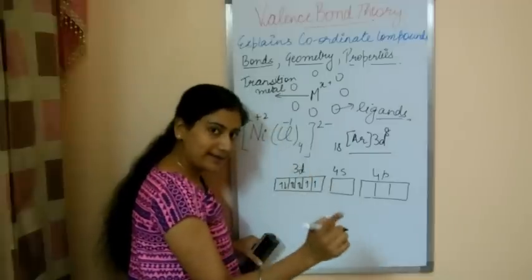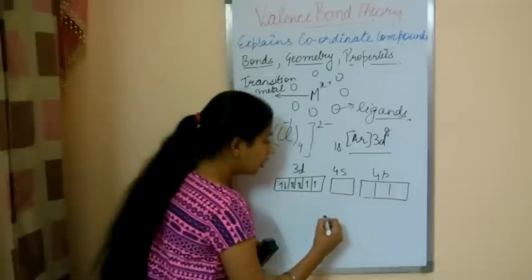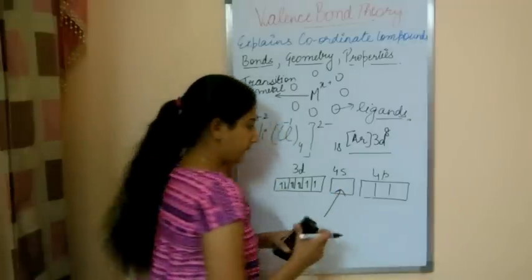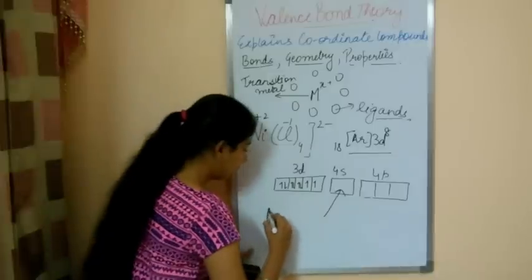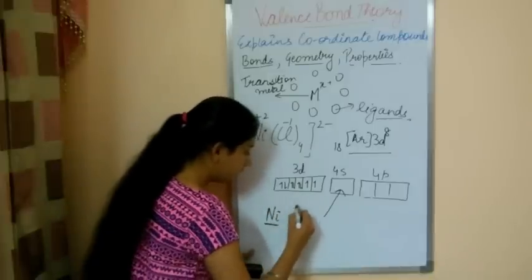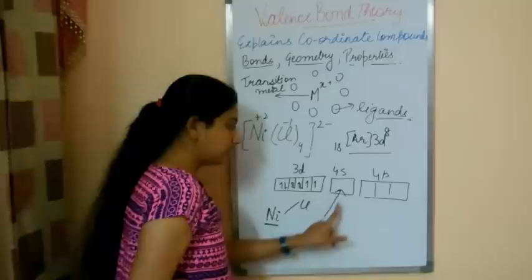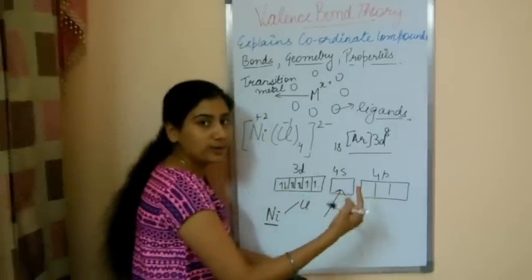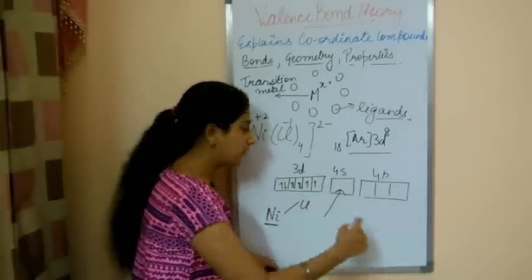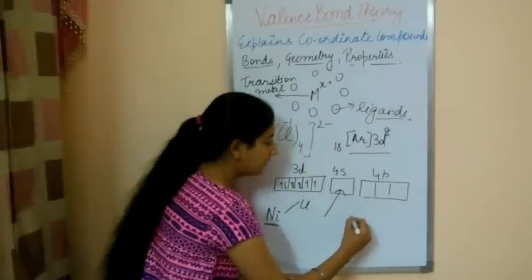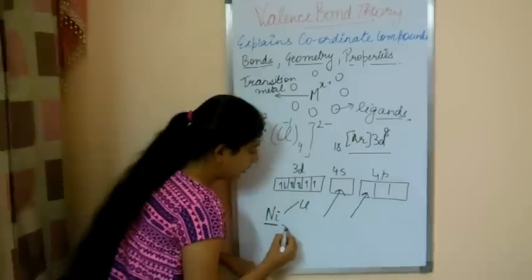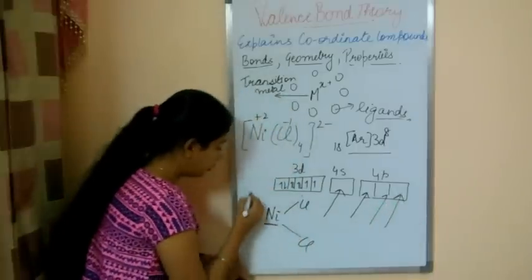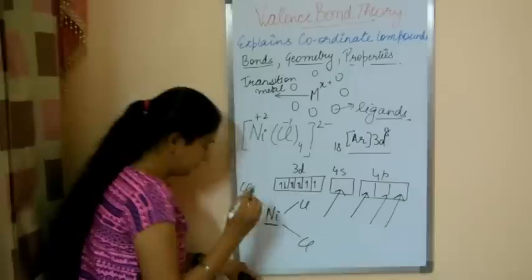That orbital of the chloride ion which is fully filled is going to overlap with this s orbital and will form one bond. That means the nickel will make a bond with one chloride ion with this overlap. Now the other chloride atom comes. What will it do? It will provide a fully filled p orbital to this orbital and it will again overlap. So another bond will be formed. Similarly, the other two chlorides will come and overlap and the whole bonding will be done.